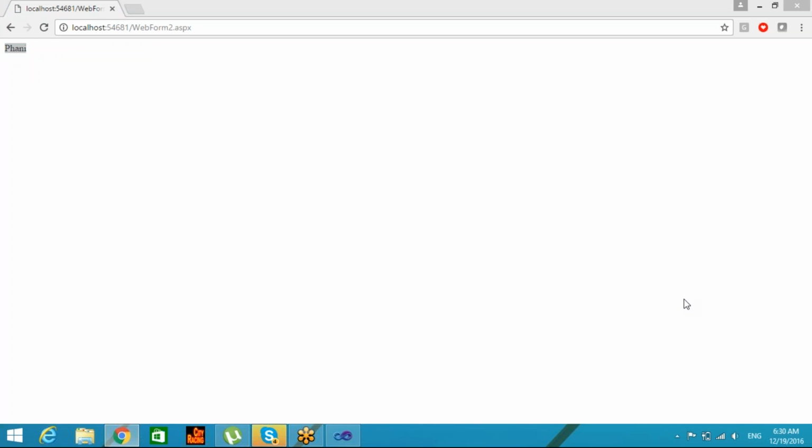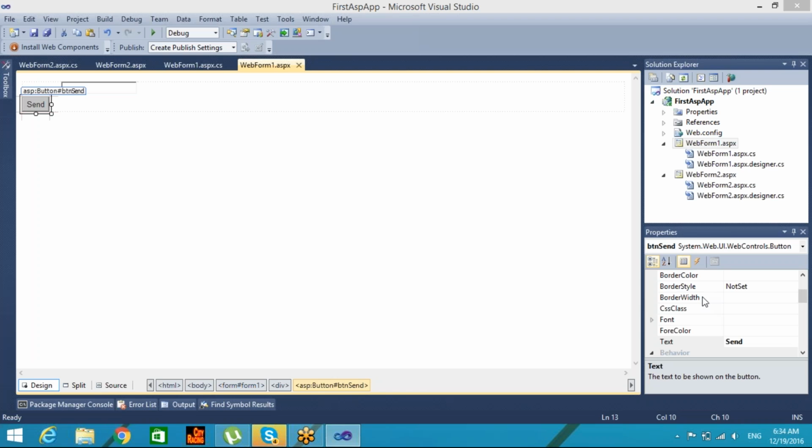Now let us see other ways also. How can we transfer the data from one page to another? This requires a postback. Then we can access the data from form 2. But it's not necessarily all the time that we need a postback and then the data. Sometimes we want to pass some values as well. So how to pass the values? One way we have seen is through the postback URL. The other way is that in the webform.aspx,